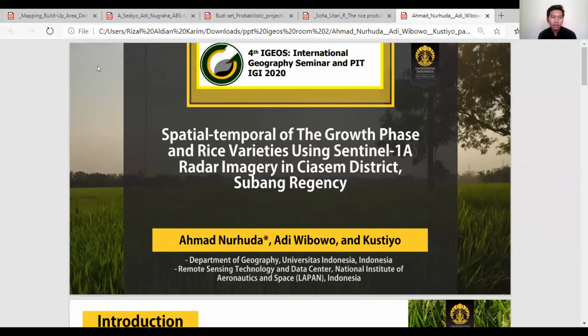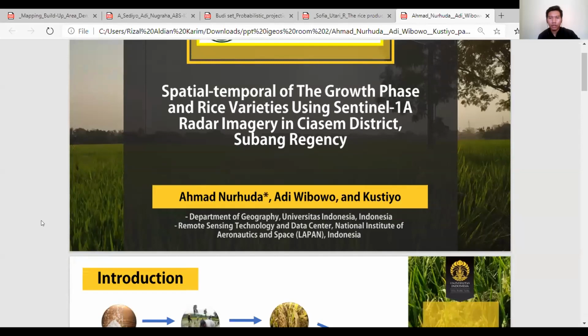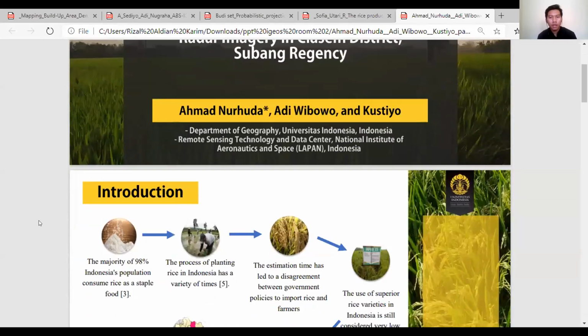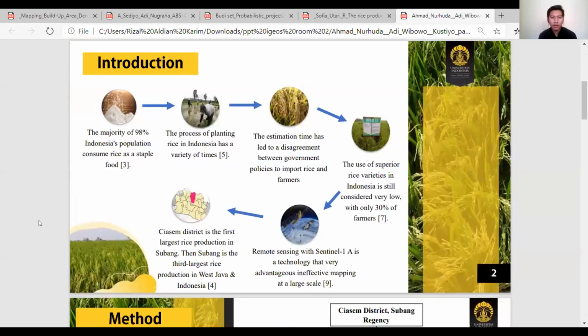And Mr. Custio. The research is about the spatial temporal of the growth phases and rice varieties using the Sentinel-1 radar in Ciasem District. Next. Firstly, I would like to share about